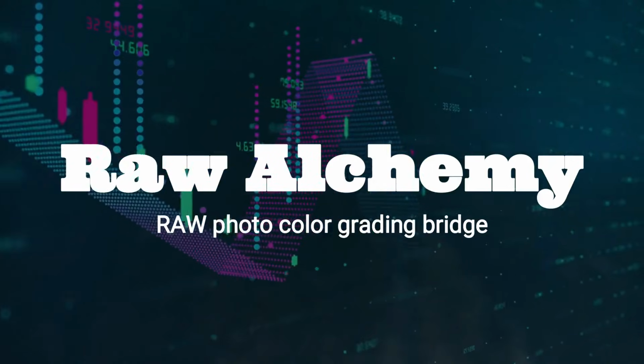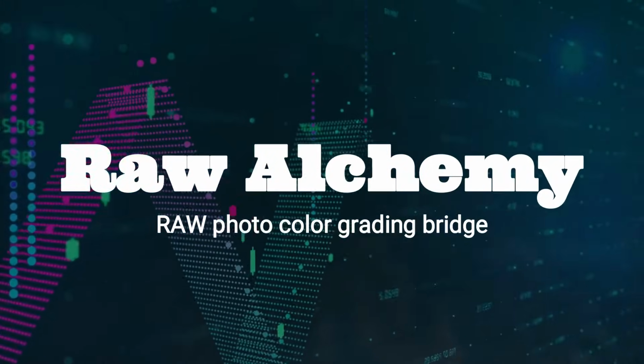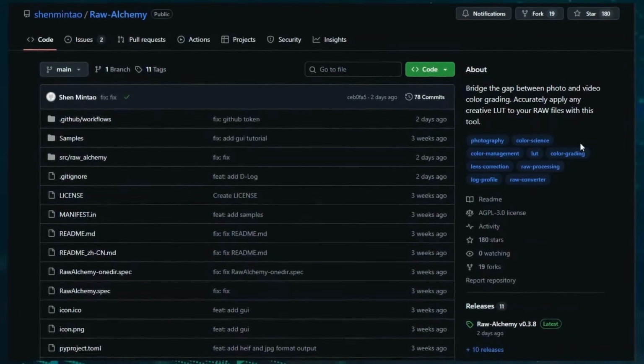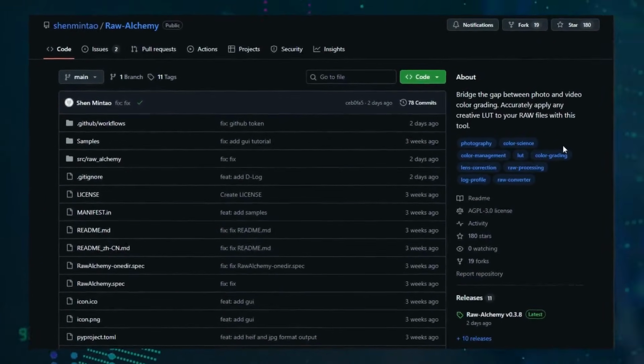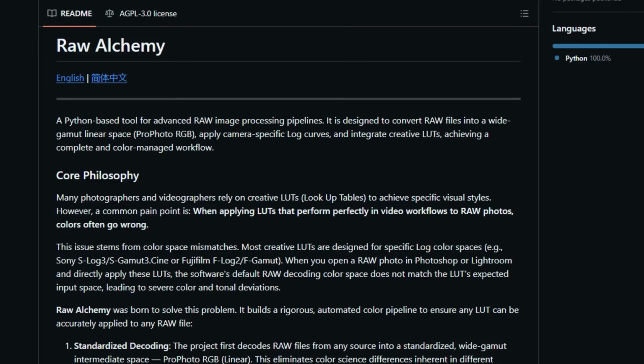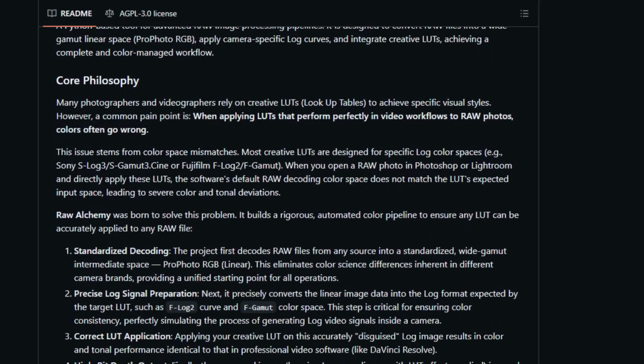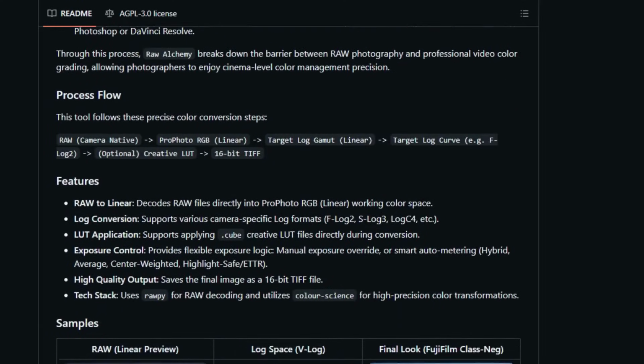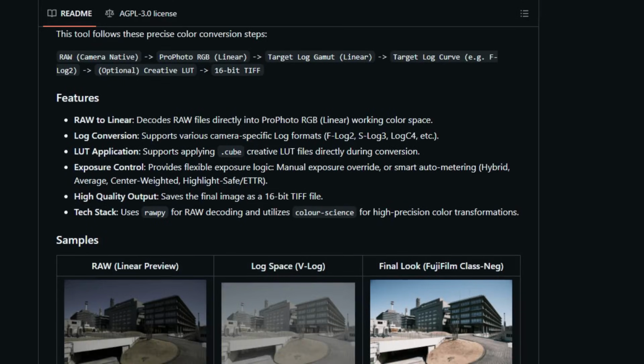Project number 45, Raw Alchemy, Raw Photo Color Grading Bridge. Let's dive into a creative tool that feels like the future for photographers and cinematographers who want precise control over color grading workflows. Raw Alchemy is an open-source Python-based command line utility that bridges the gap between raw photo files and cinematic lookup table color grading by converting raw data into a wide gamut linear space that video LUTs expect,